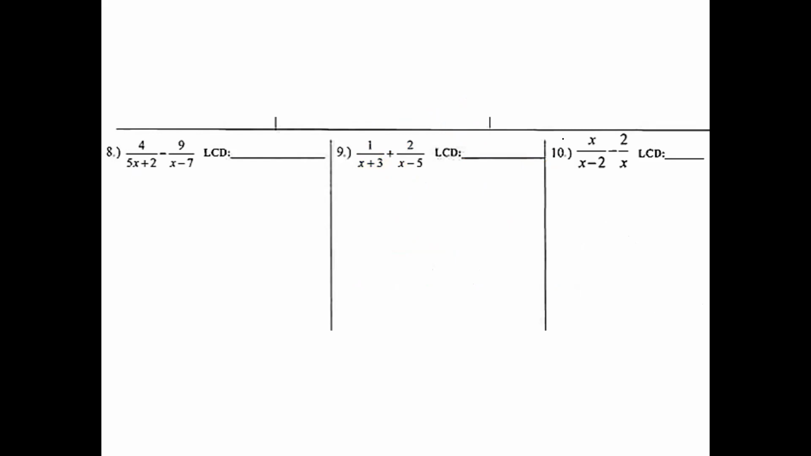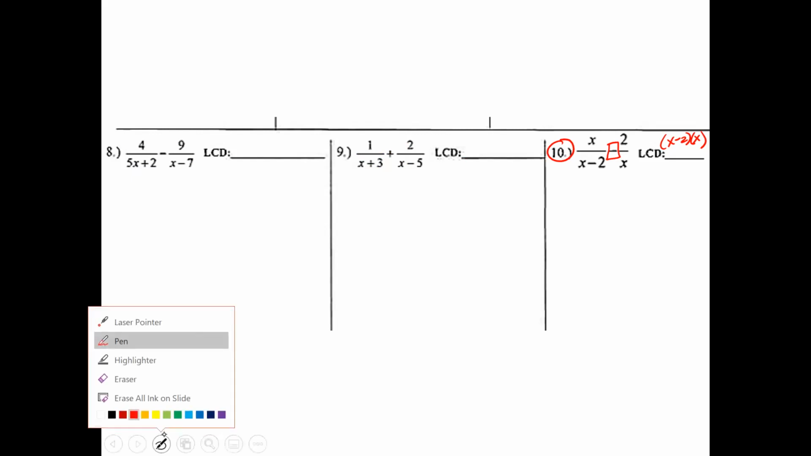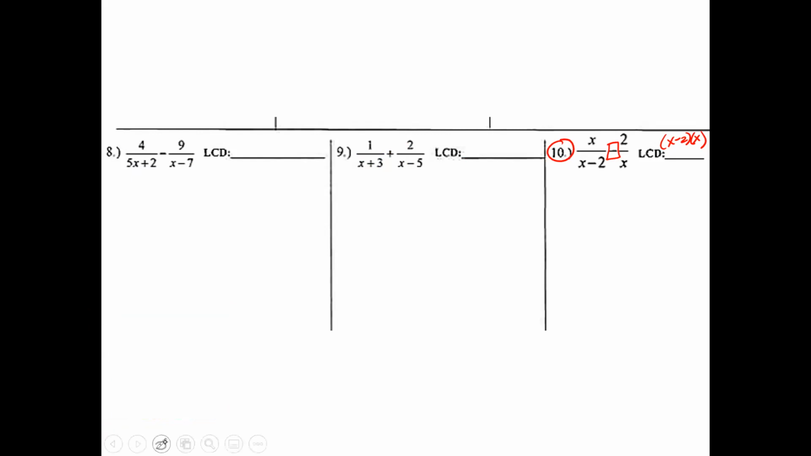Okay, last example, you guys. Example 10. Notice that it's a minus, okay? My lowest common denominator is just going to be x minus 2 times x. Okay, so then from here, what we're gonna do is we're gonna go ahead and look at the two different